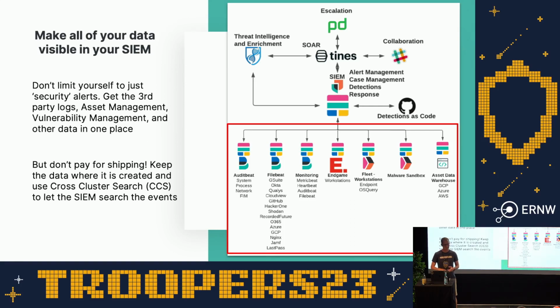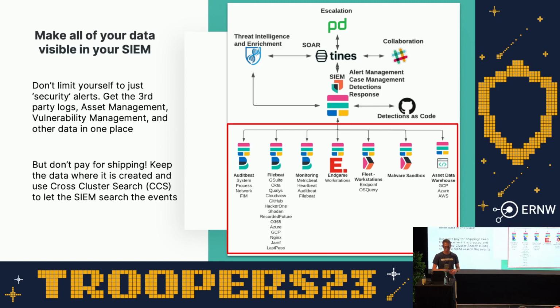We have our asset database. I'm going to go into that later. It's amazing to have in there because you can do enrichment and everything. We even have our malware sandbox plugged in, because now I can execute malware on a VM. The data goes into my cluster with all of my production rules, and we can say, hey, will this set off my rules? I can test my rules like that. And that's all just built in like this.